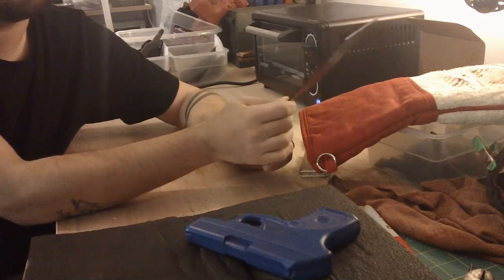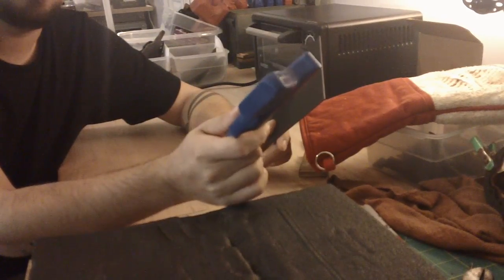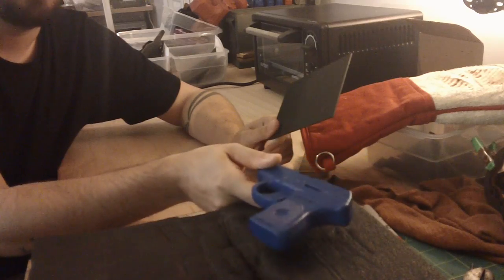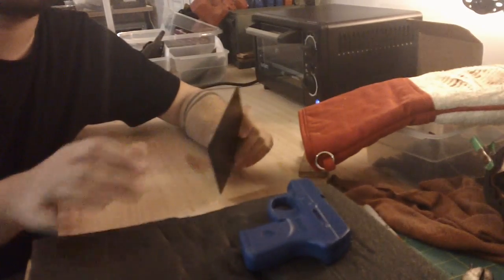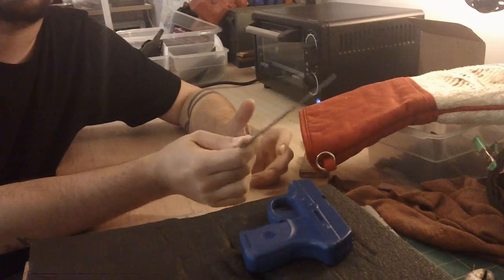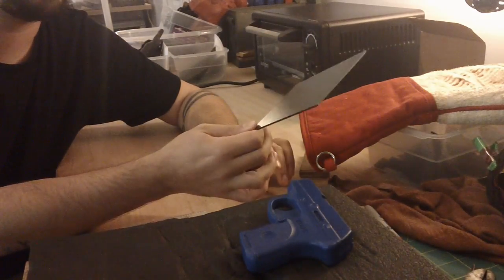And while I'm doing that, I'm going to gently warm the foam and the gun simultaneously. Because when you put this plastic in the mold, this foam can very easily just suck all the heat right out of this plastic. That's going to decrease the amount of definition you get, and it's going to decrease the working time that you have. Basically,